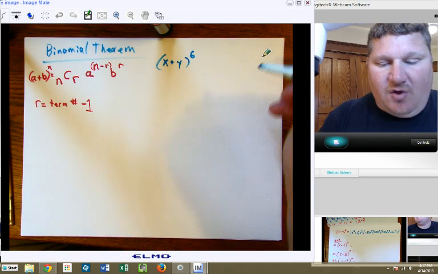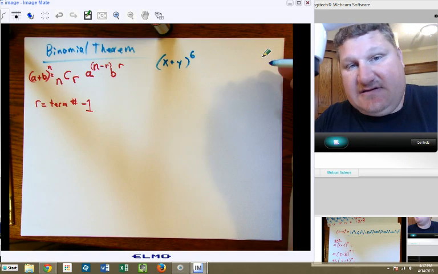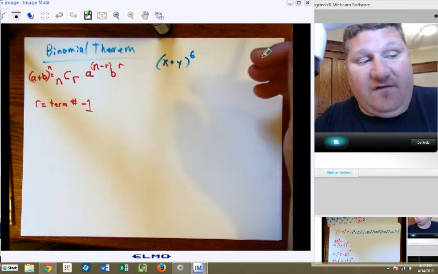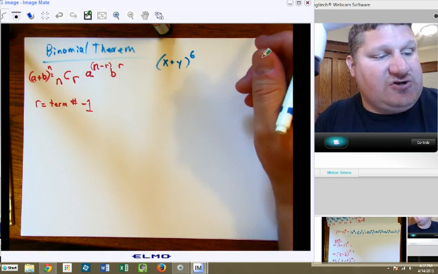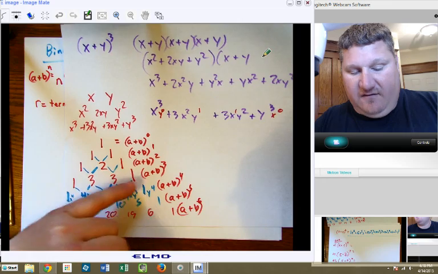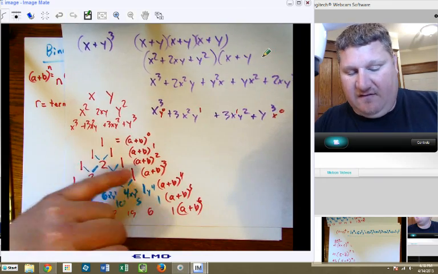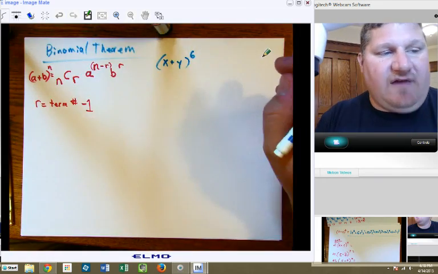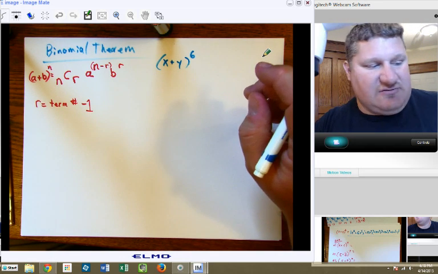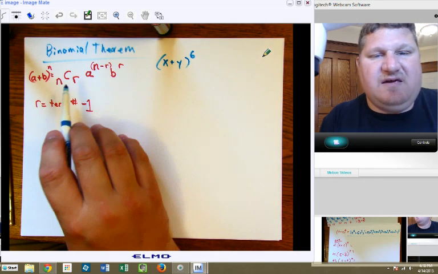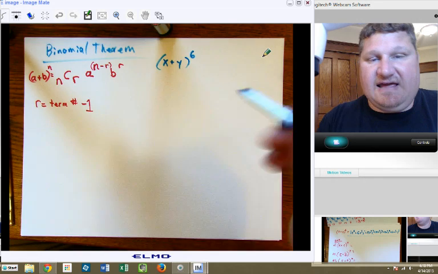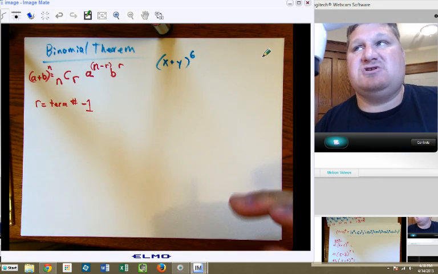Previously, we did arithmetic series, arithmetic sequence, geometric series, geometric sequence, and we had the recursive model. This Pascal's triangle is very much a recursive model because to get to the next term, you have to know the previous set. To know that set, you have to know the set before that. So that's recursive. You have to build it up. Multiplication, multiplication, multiplication, multiplication. That's recursive. This is going to be the explicit formula. Now, the explicit formula, just like a to the n, is going to take us right to where we think